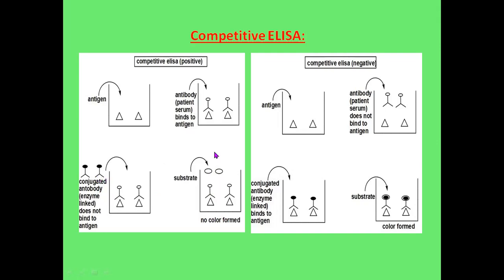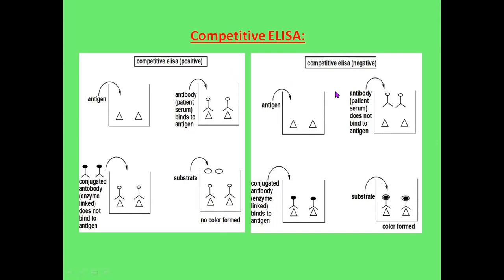So there is binding of the first antibody and antigen: the antibody present in the sample and the antigen present in the coated well. So there is a complex, and that will be positive. There is no color formed, but a complex has formed. If a complex has formed, in case of a positive, there will be no color formation. That indicates the test is positive, right? Complex has formed, but color has not formed. No color formation indicates the test is positive in case of competitive ELISA.